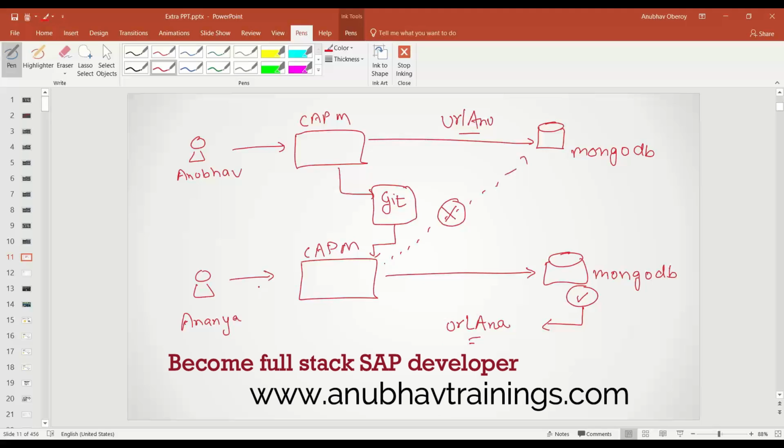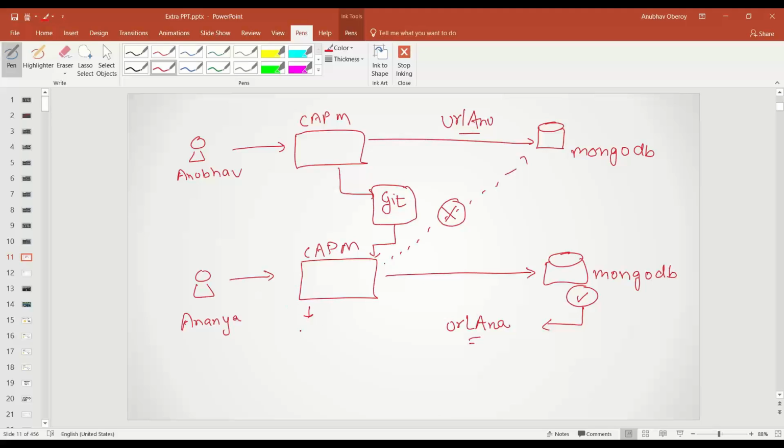So what they can do in their local environment, Ananya can create an environment file called .env. Dot means it's more of a file which pertains to one developer. Usually dot files are hidden files, so we will never push them into Git. This will be only locally available in the development tool of each developer. And Anubhav also creates an environment file .env. Anubhav maintains his MongoDB URL here, and Ananya also does that. And in the application productive code, we will refer to this env file to actually point to MongoDB.